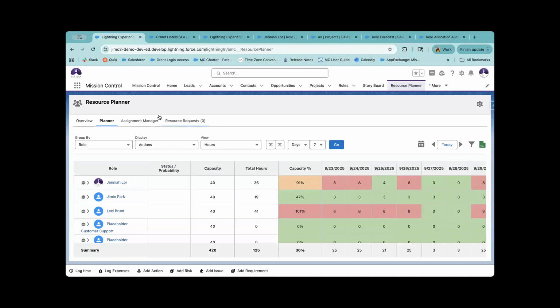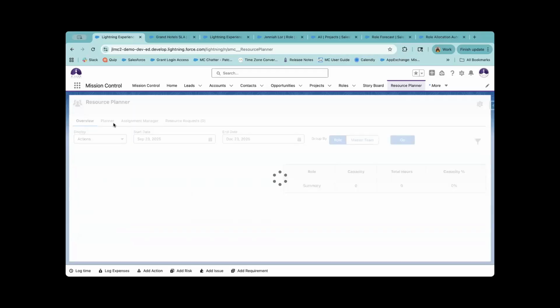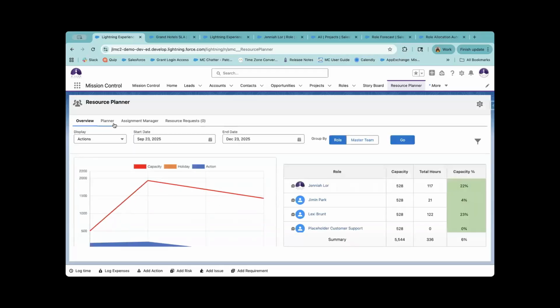And these two have been recently added in our 1.75 major release, and we've talked about those in our past Cosmo Campfires, but today we'll be looking specifically at the overview and the planner tabs. The overview provides a snapshot summary of all your overall capacity in your org, whether you're looking at individual roles or master teams, then you're able to determine your org's overall